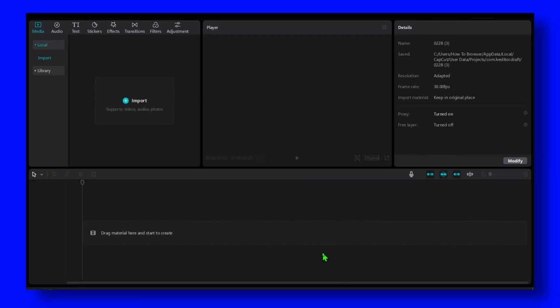Hello, in this short tutorial I'm just gonna show you how you can fix lag crashes when you're trying to edit videos in Capcut. This happened to me and I found the solution, so make sure you watch this video